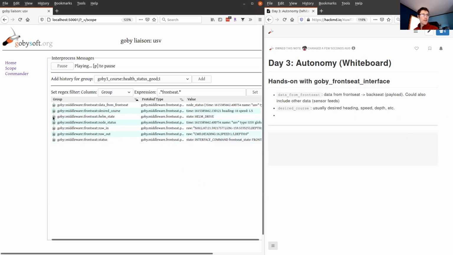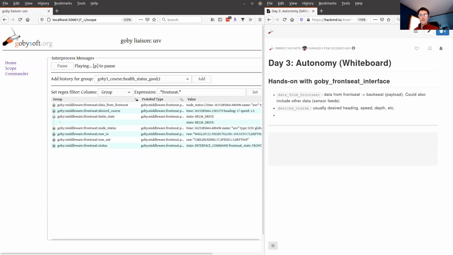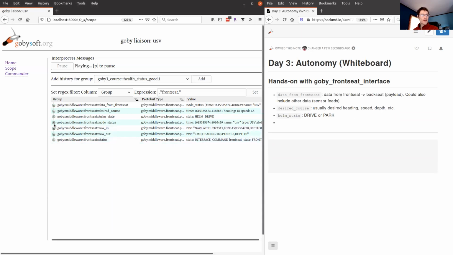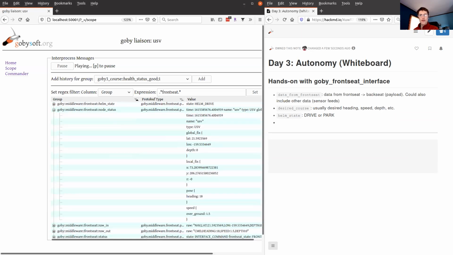And then we've got the helm state, which is either drive or park, as we saw a minute ago in the figure. Then we've got node status here, which is a convenience breakout.